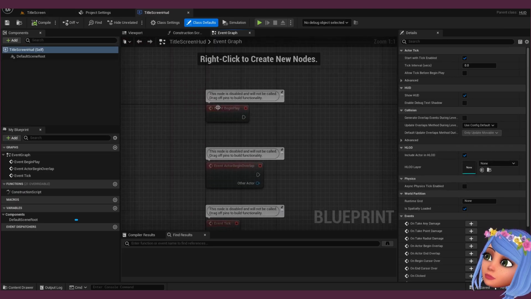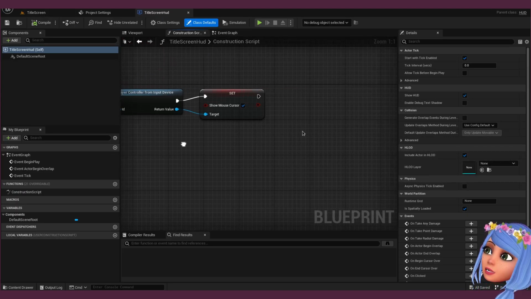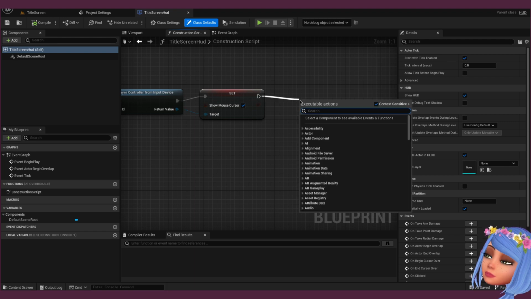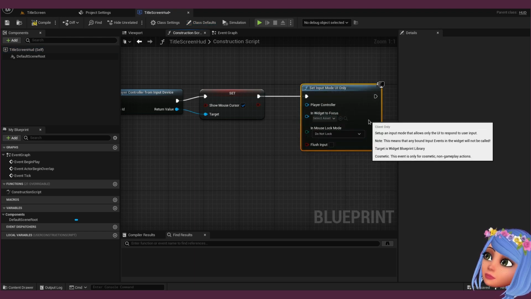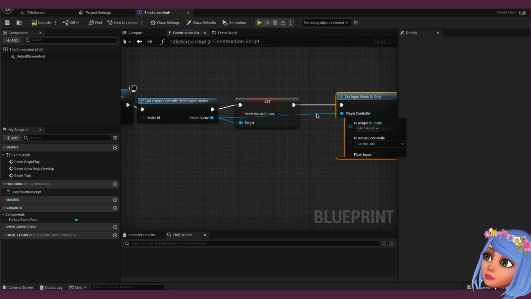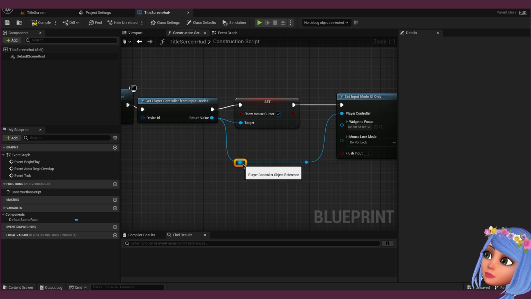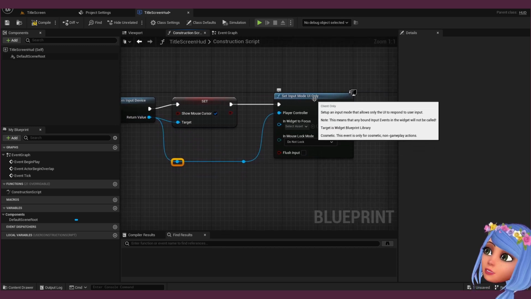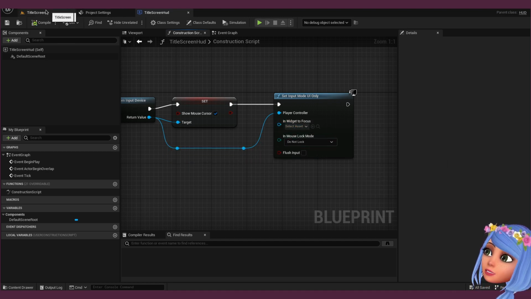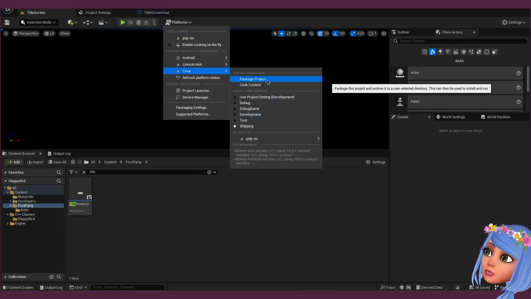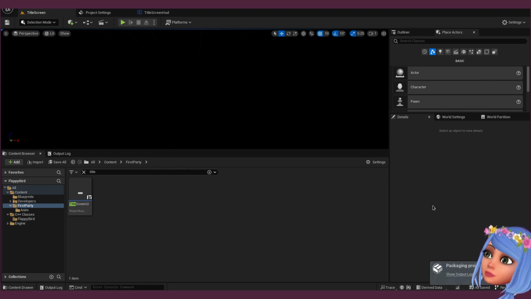Okay, so constructor script and daemon. Input mode UI only. So let's build again. Shipping, package project.